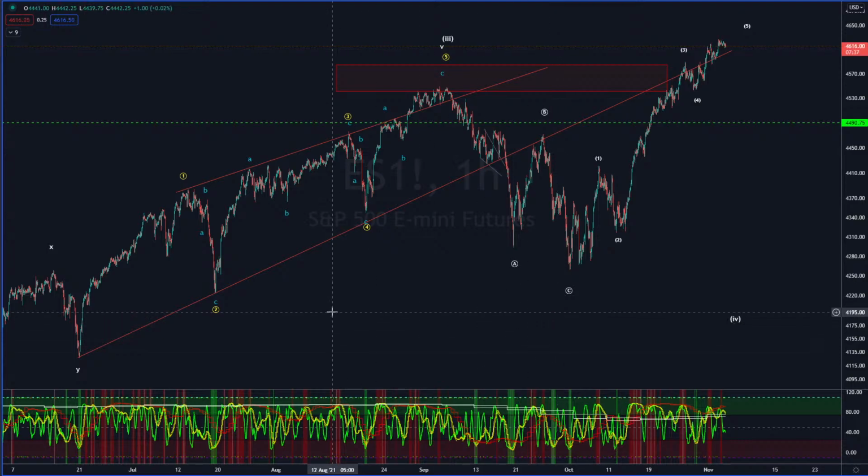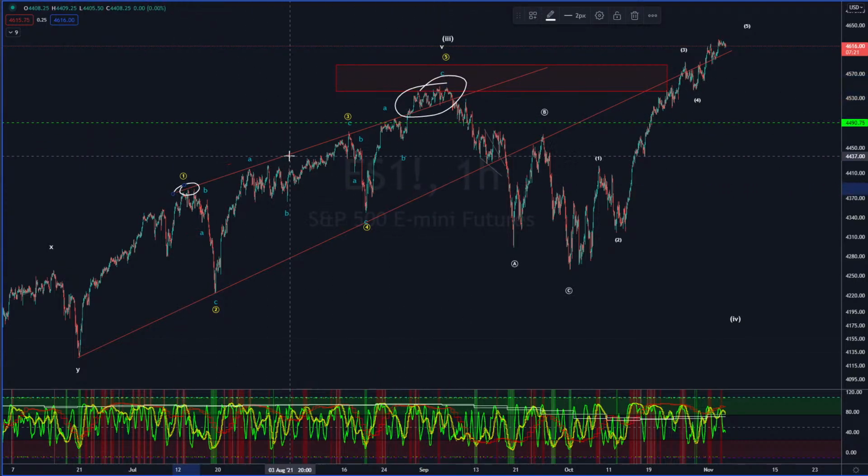I do want to take a look at a couple trend lines here. Back around the middle of August, I said that it's very likely we were going to do an overthrow and then we would fall. And that's exactly what happened. We had this overthrow up here above the trend line, which has nice trend line touches here, here, here, and also here. Great basis for that trend line, and we had a great throw over above it, and then we fell.